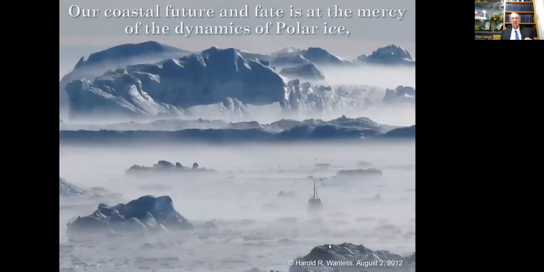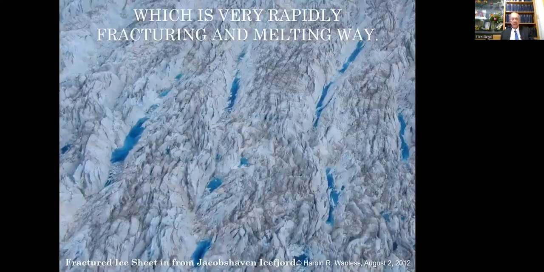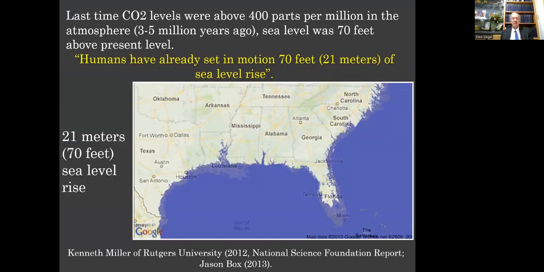Okay. So what I've tried to show you is that our coastal future really depends on what happens in the polar ice, which is happening because of what we have done in burning fossil fuels and building up greenhouse gases in the atmosphere, which is then transferred to the ocean. And the problem is, I've tried to show you that the stability of the polar ice is very rapidly fracturing and melting away. And so we're in for real trouble. Probably we have initiated a new pulse of sea level rise. Last time we were above 400 parts per million CO2, remember, we're at 421 right now,